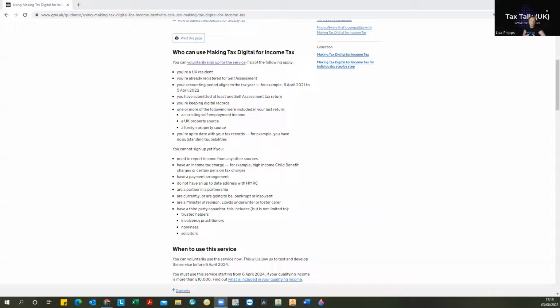But then there are some specific exclusions which would mean that you can't sign up at this stage. So if you need to report income from any other sources, for example, if you had foreign income that wasn't property income, that would just be one example. If you are liable for a high income charge, so the child benefit high income charge, which again we've talked about in other guidance. If you've got a payment arrangement, because of course